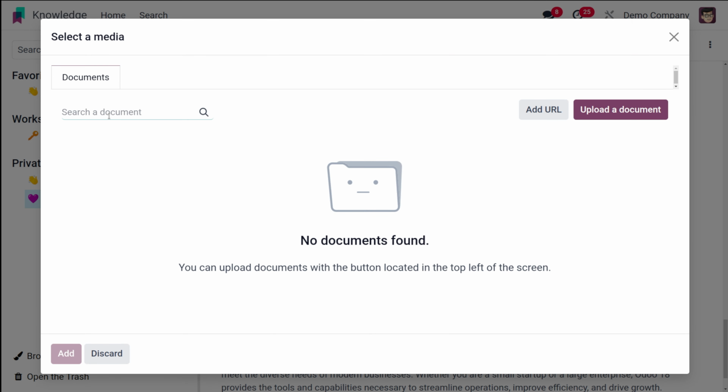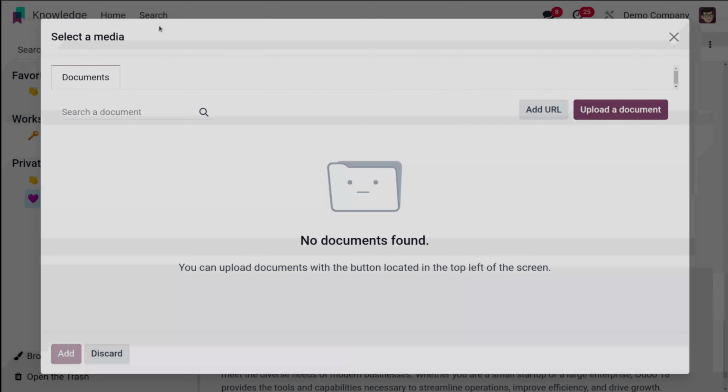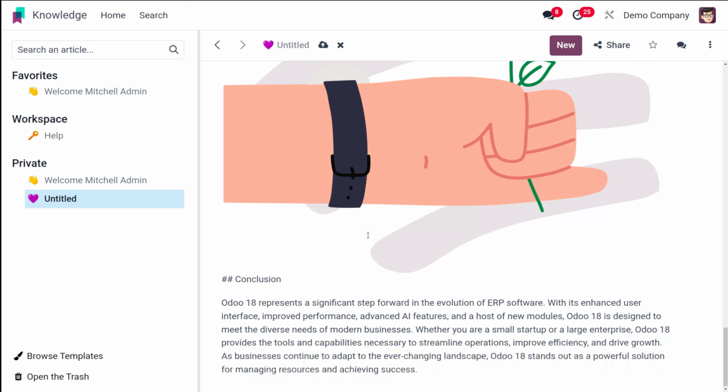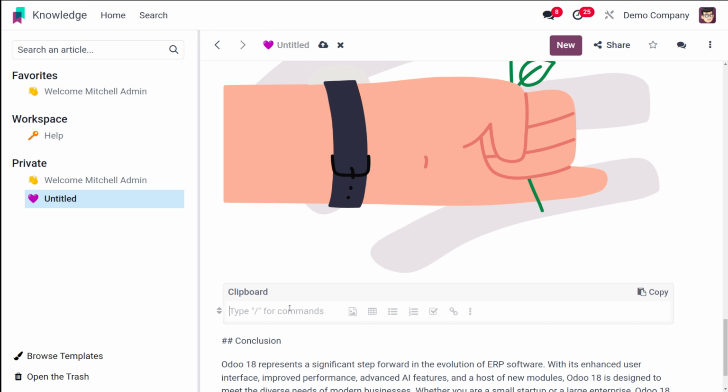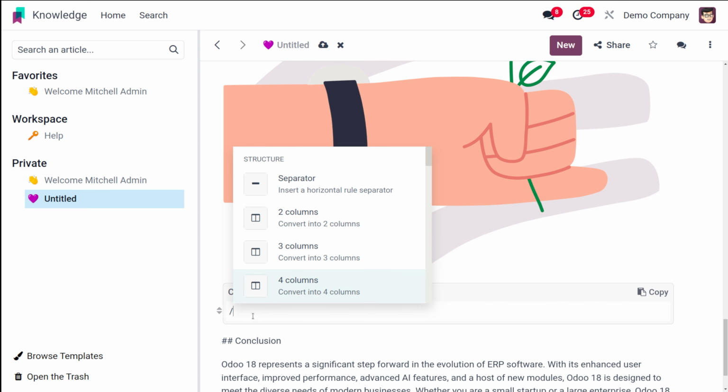Okay. Next, we have the option to upload a file to it. So you can actually search for a document and then that document can be added over here. Okay. So currently we don't have any article on this name. So any article or any document in your system, or you can upload a document. So that can be added from your system and added towards the article. Okay. So that's how you add a document. And next, under media, you have the option to add a clipboard section. So here you have a clipboard section where you can copy the contents of the clipboard and put it. And also you can add certain things inside the clipboard as well.